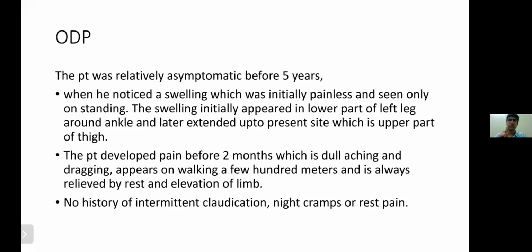The first is cellulitis, second is DVT, third is all other causes combined, which can be because of lymphedema, varicose veins, some local sting or bite, some local trauma, all those things. The most common cause is cellulitis, the second most common is DVT, followed by all other causes. So these are the 3 ways we rule out unilateral swelling in the leg.